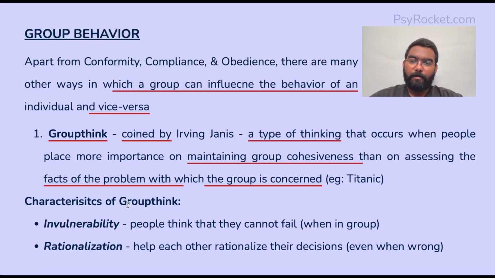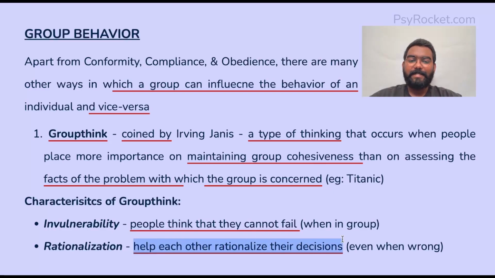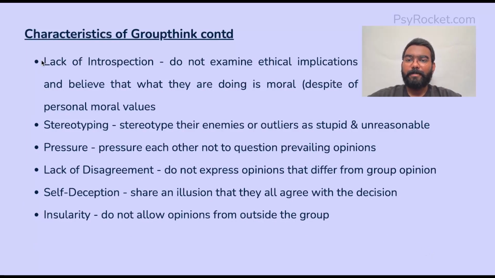Groupthink has certain characteristics. First one is invulnerability. People think that they cannot fail. The group believed that the Titanic would not be sinkable. Then there is rationalization. They help each other rationalize their decisions even when wrong. Then there is lack of introspection. For example,